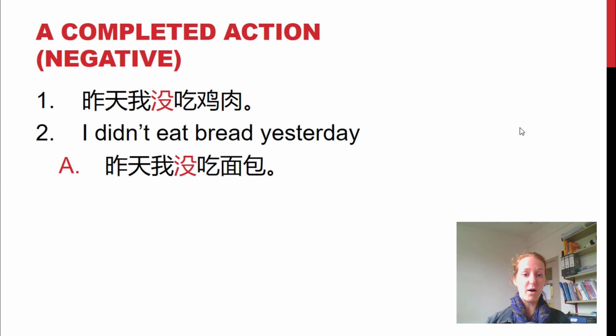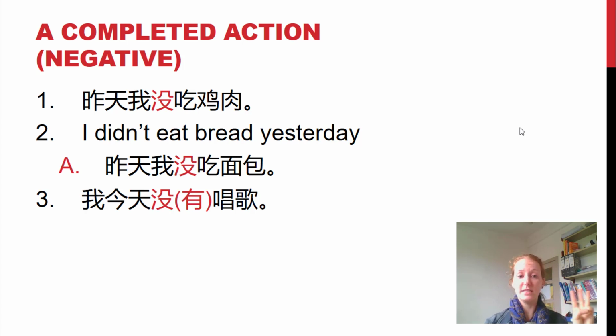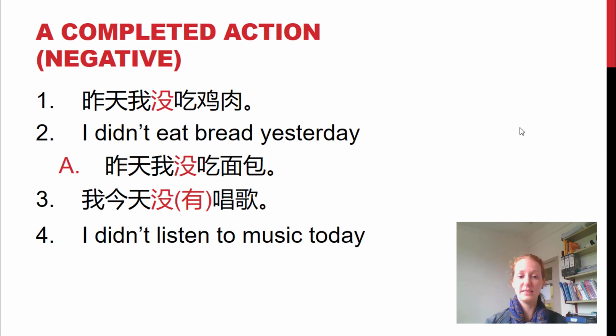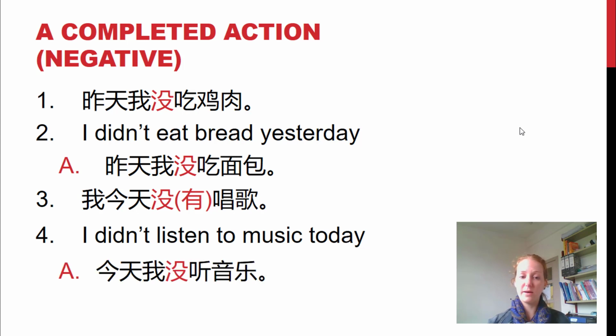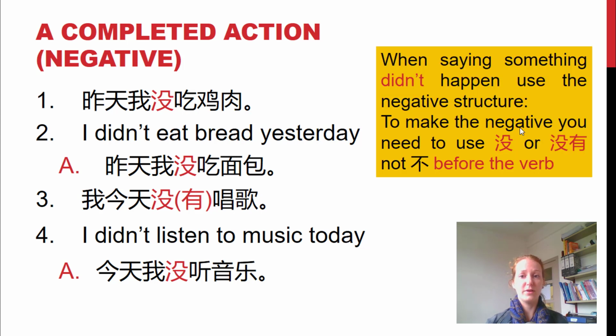昨天我没吃面包，很好。第三，我今天没有唱歌，是什么意思？Today, I didn't sing a song. I didn't sing. And 第四 I didn't listen to music today. 中文怎么说？今天我没听音乐。很好。